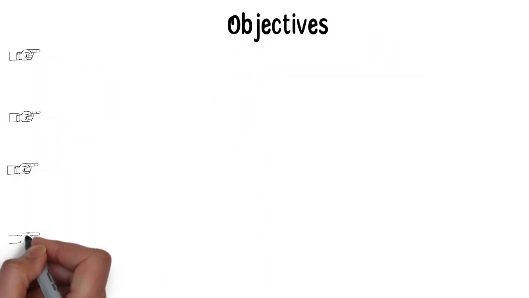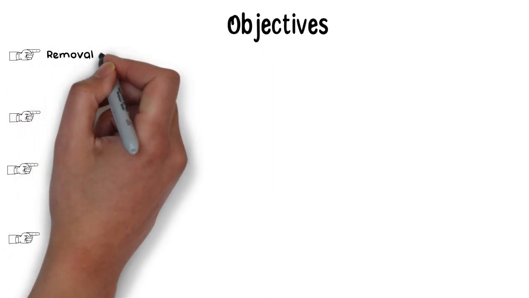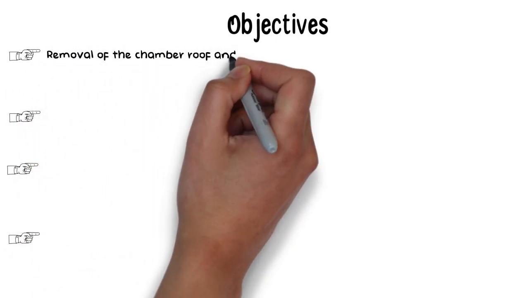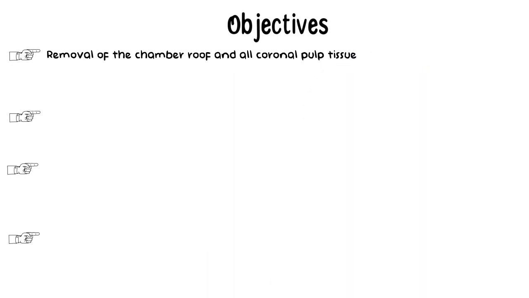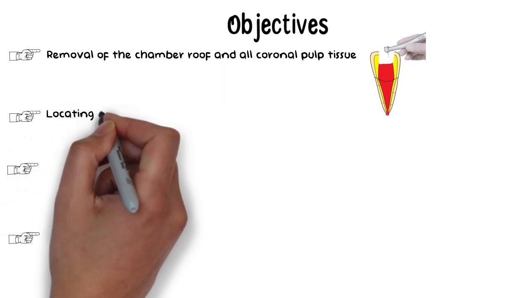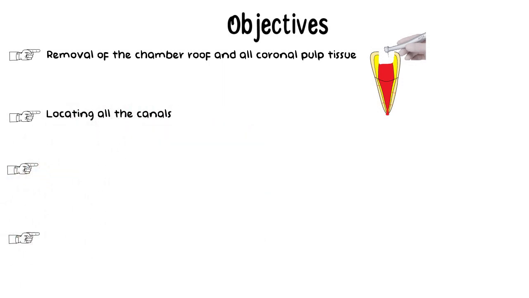There are four major objectives of access opening. The first is to accomplish removal of the chamber roof and all coronal pulp tissue contained within the chamber. This is usually done by using a high-speed handpiece. Second is locating all the canals present in the tooth. Like for an incisor, it is mostly a single canal, while for a molar, it can either be 3 or